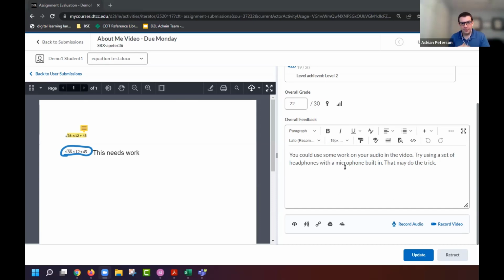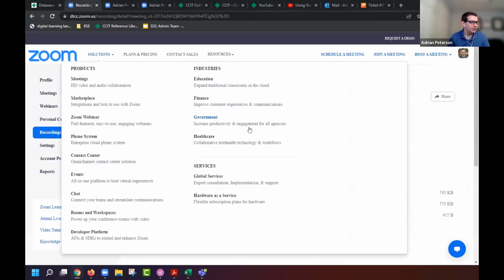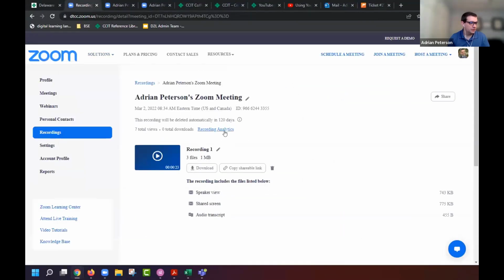And you could put a link. Actually, it could be as simple as putting a link to your Zoom video into the feedback area that says, hey, go here for video feedback that I've provided for you on this assignment. You can get the share link for Zoom. If you're in this recording, you can get a shareable link right here. And if you want to share a particular one, like the shared screen one, you can get that shareable link right here. Then you just click that, it copies onto your clipboard, and then you paste that into